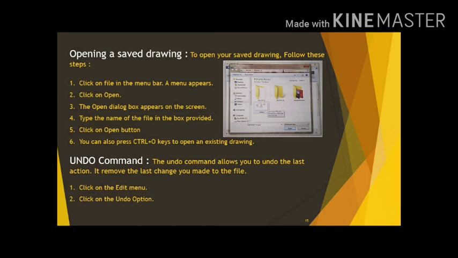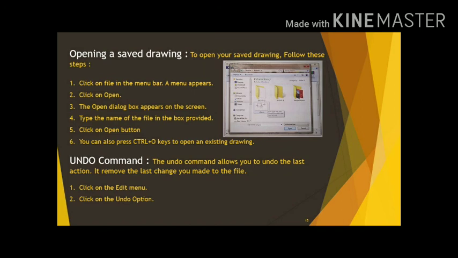Fourth, type the name of the file in the box provided. Fifth, click on the Open button. Sixth, you can also press Ctrl+O to open an existing drawing. This is also known as the shortcut key for opening a document.